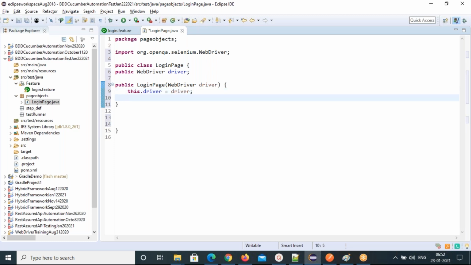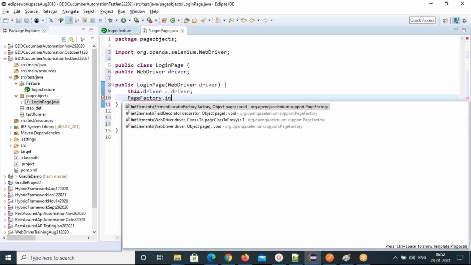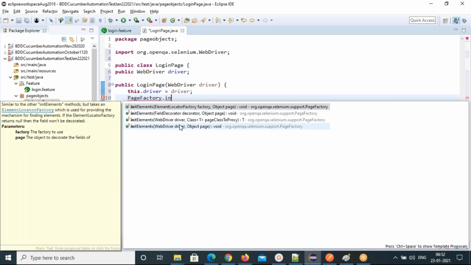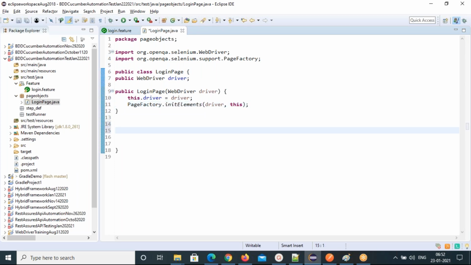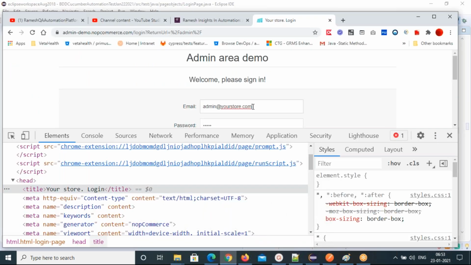Now, page factory. We are using page factory to design the web elements. That's the easy one, and it will help us very nicely. We don't need to write multiple lines of big code. I'm initializing these page objects, that's why we are using the this keyword. The first one is email.